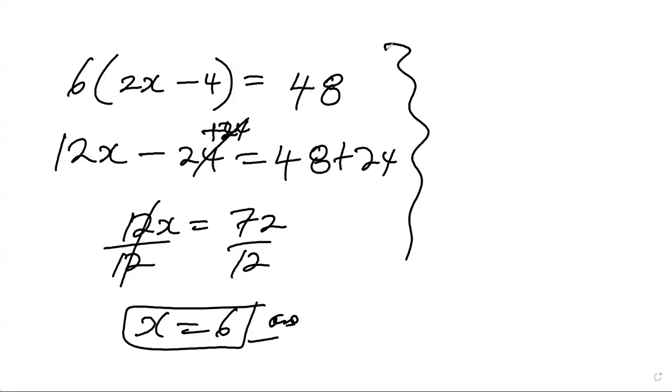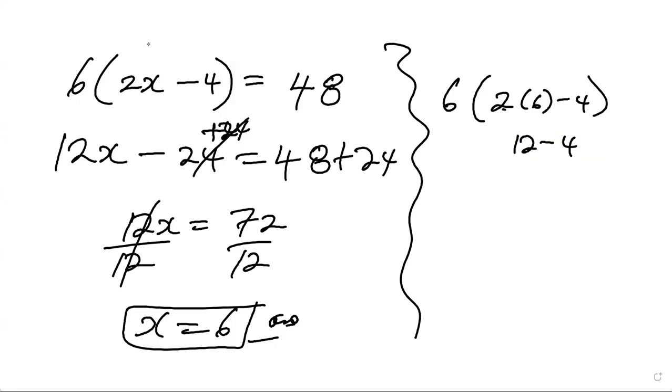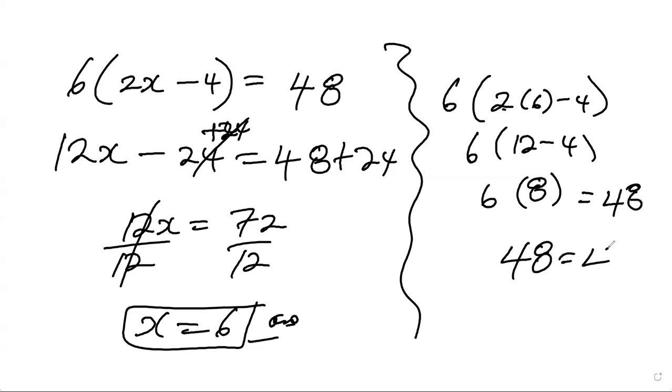We can double check. 2 times 6 is 12. Alright. 12 minus that 4 will give us 8. 6 times 8, 48. 48 is equal to 48. That's the definition of an equation. Both sides must be equal. Alright? All right, let's get into today's